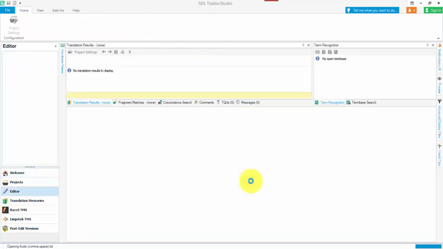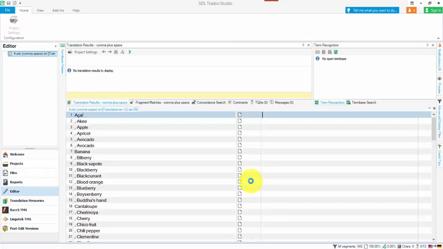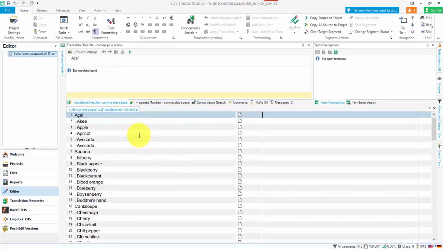In practice, you could just add both rules straight away, but because I'm showing you in the video, I just want to explain so you can see what's happening. So that's done the same as before. It's broken before the comma, and now I need to break after the comma and the space. So I close the file,